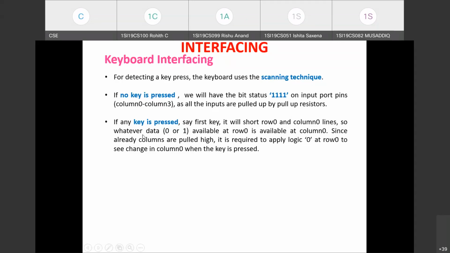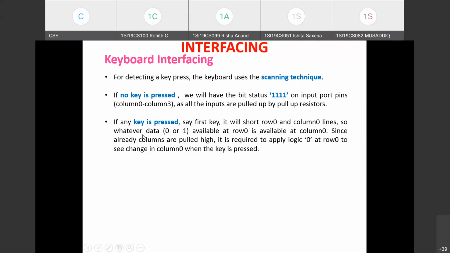If it is not in the first row, we make the row 0 value 1, send 0 at row 1 and then read the value from the column lines. The process is repeated until we find a key pressed on the keyboard. This is the scanning technique we use for detecting a key press. This process is repeated until the scanning of all the rows is completed.